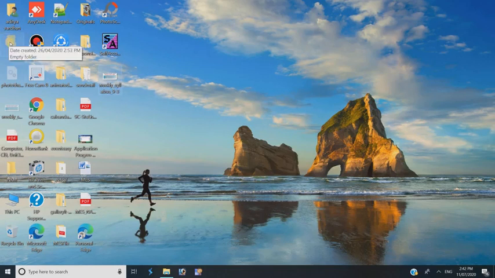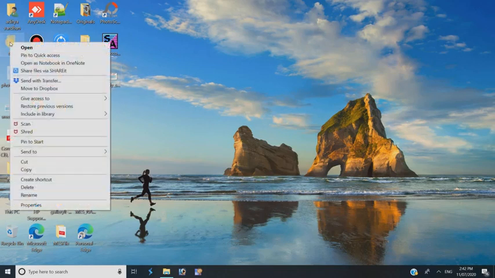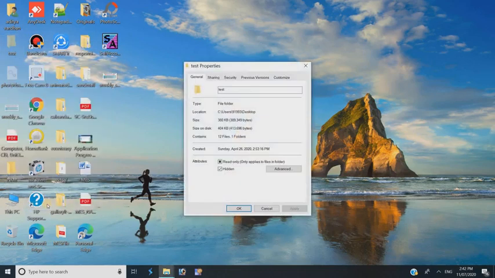Right click on the test folder. The shortcut menu of the test folder appeared. Bring the mouse pointer near to the Properties option. Clicking here, the Properties dialog box will appear. And now click on the General tab. The General tab is active. Now I have to bring the pointer here and again click this